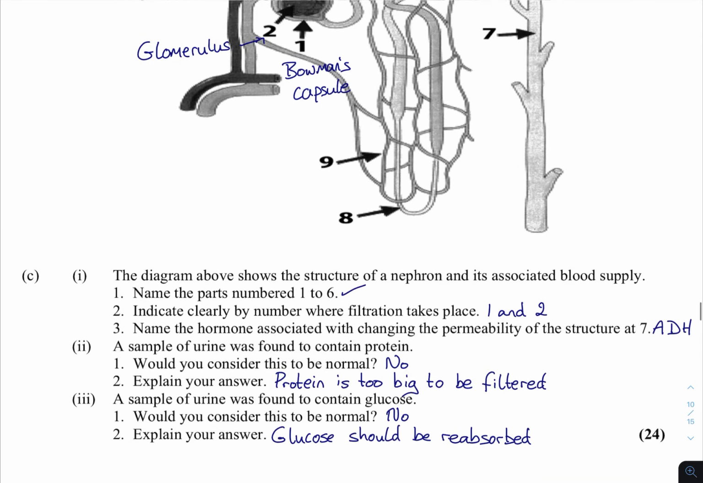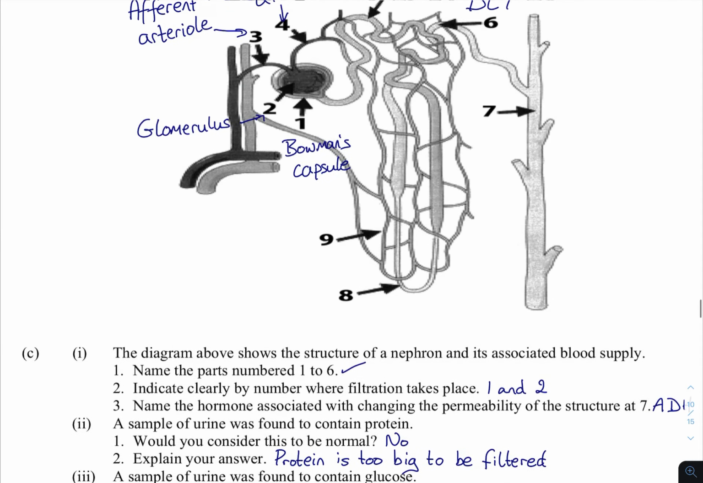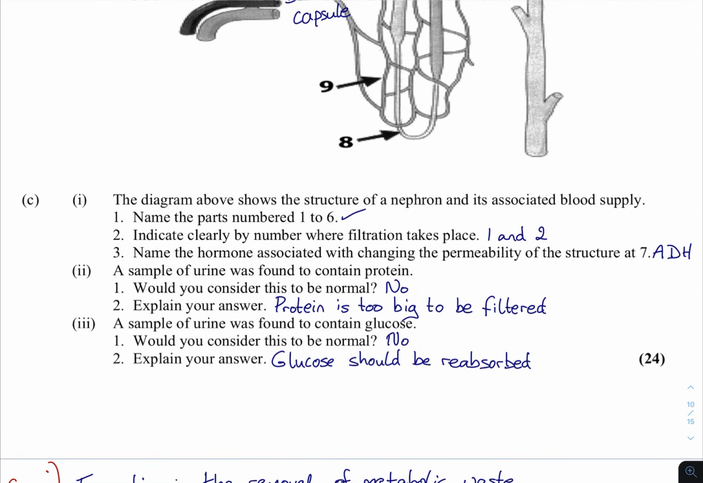Now, I really like part 2 and part 3. A sample of urine was found to contain protein. Would you consider this to be normal? The answer is no, because protein is too big to be filtered in the glomerulus, which is up here in number 2. So protein is too big to be filtered. If there was protein in the urine, it actually can indicate pregnancy,